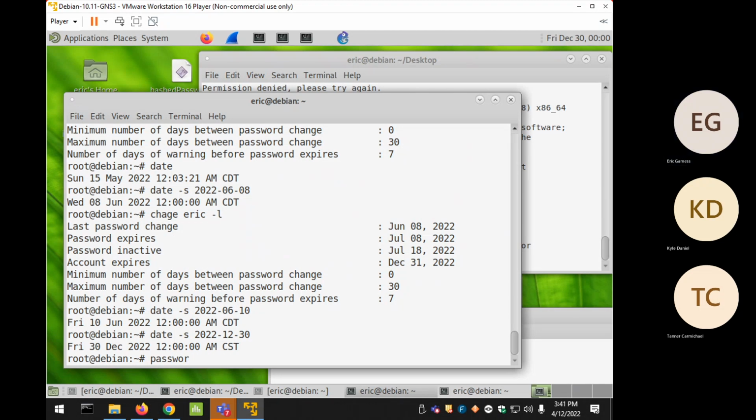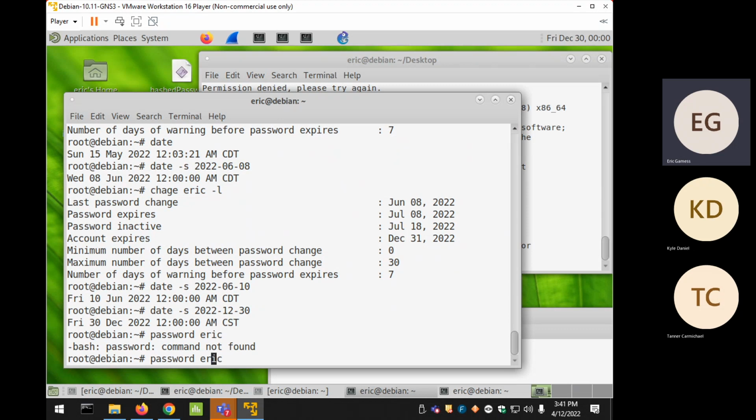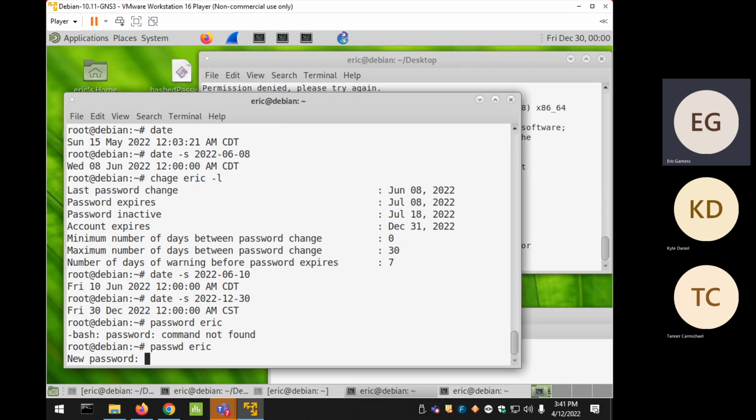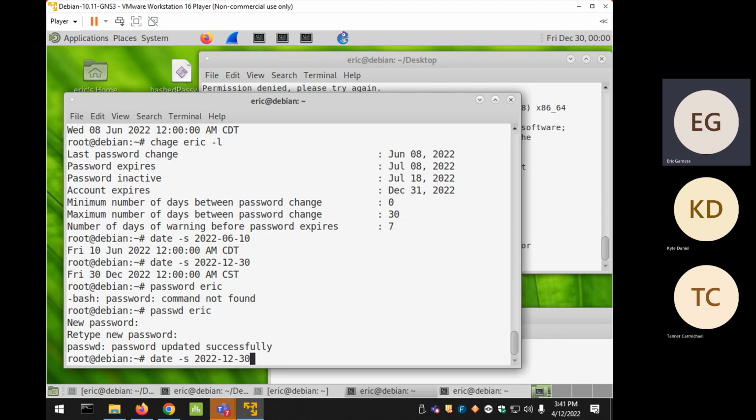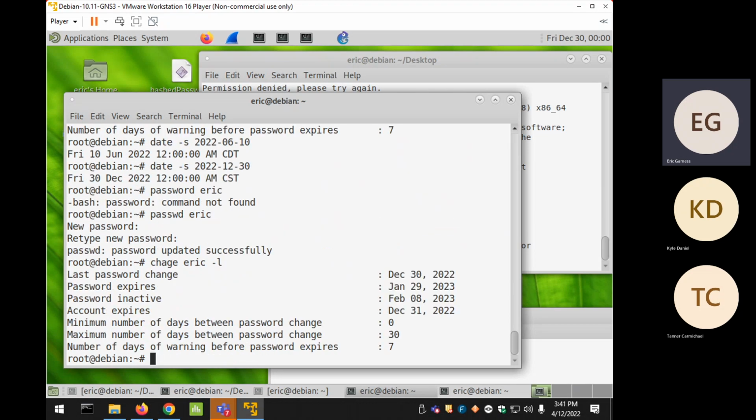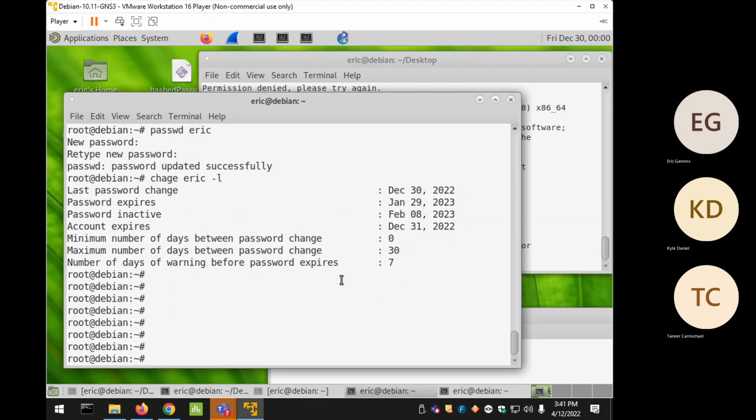Password of Eric. By the way, I'm going to put internet2 again. Internet2. Okay, so let me show the information. So Eric changed his password on December 30, but